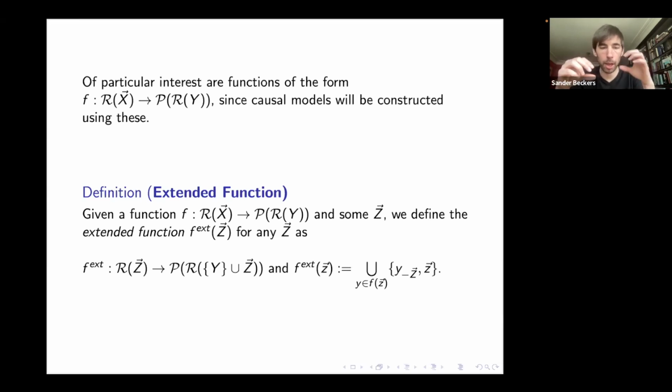And this is because this aligns very nicely with the idea of an intervention. If I'm intervening, I don't care about the function anymore. And this will become precise in a second. But that's why in the statement on the right there, it mentions that we're going to restrict y to the complement of z. And that simply means if y is an element of the tuple z, then we ignore it. If it's not, we add it. That's what it comes down to.